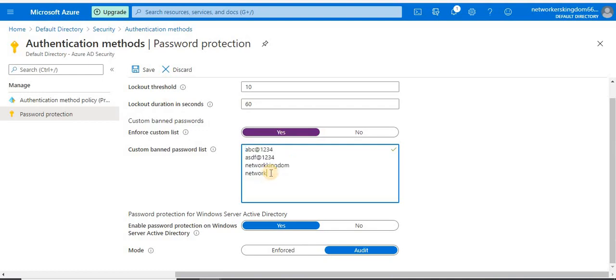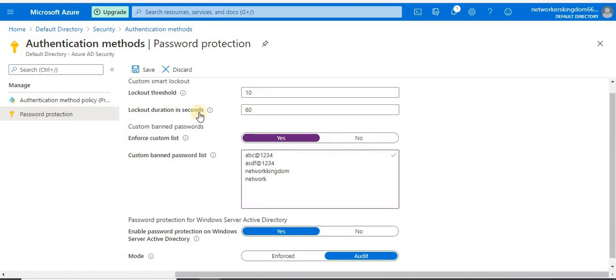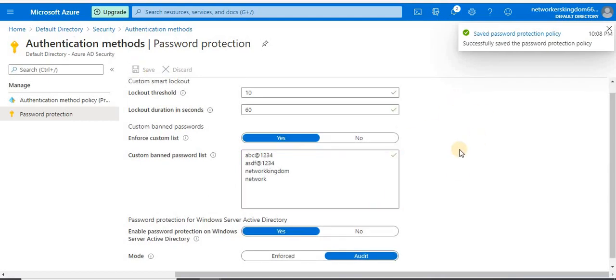So everything would be covered, like ABC in caps or ASDF in caps, or all the combinations would be covered. So just save it. Once you save it, it would take around 15 to 20 minutes to take effect. And after that time period, no one would be able to use these passwords.